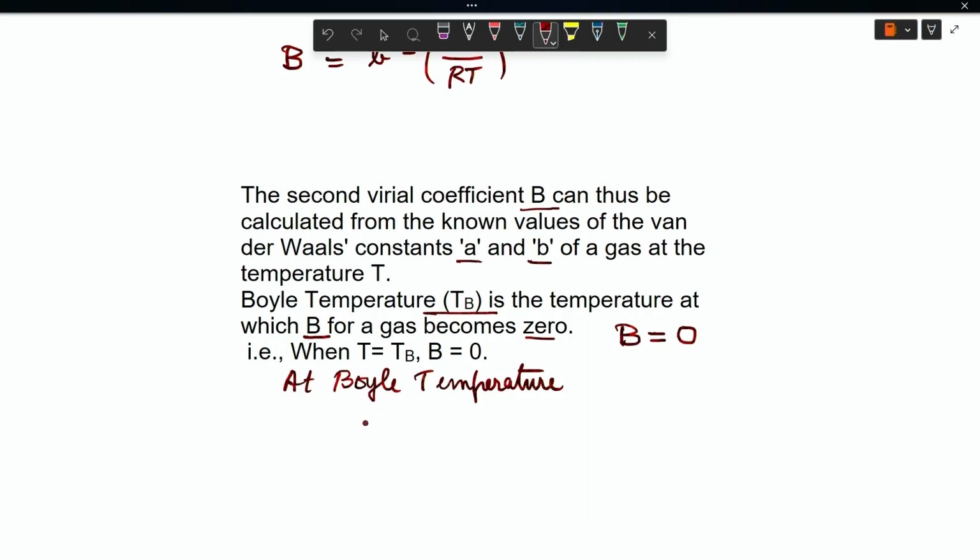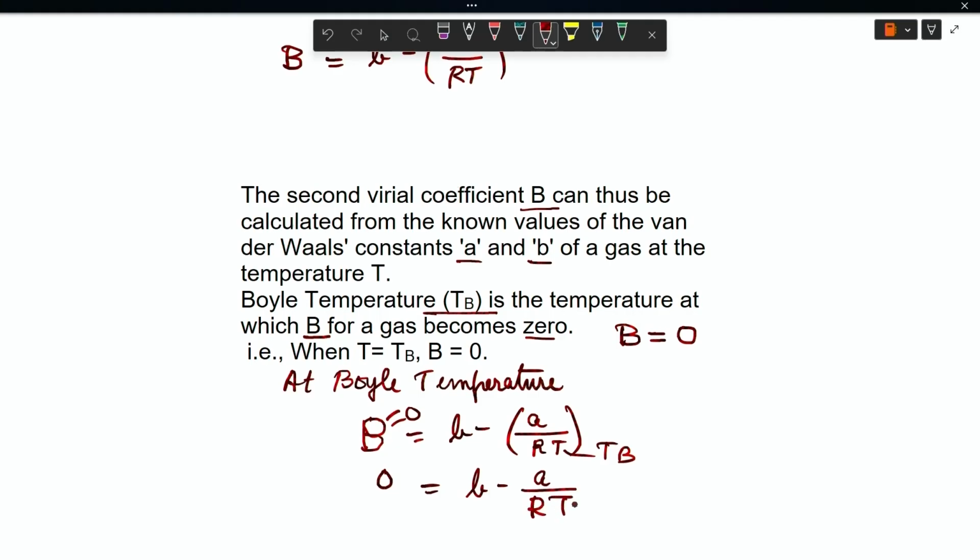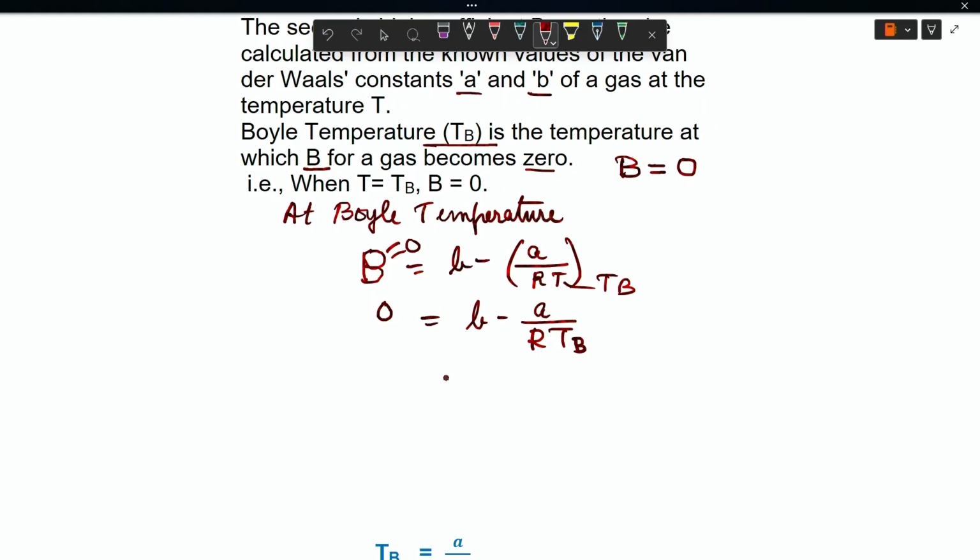That is B is equal to 0. First I will write it as B equals B minus A by RT. Here B is equal to 0 and T becomes TB. So, 0 is equal to B minus A by RTB, because B is taken as 0, which means that is the Boyle temperature. Now, taking B to one side and keeping A by RTB on one side, you will have